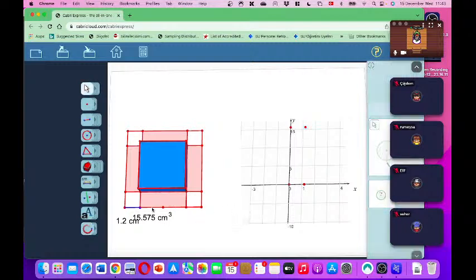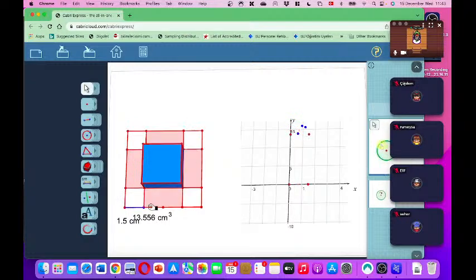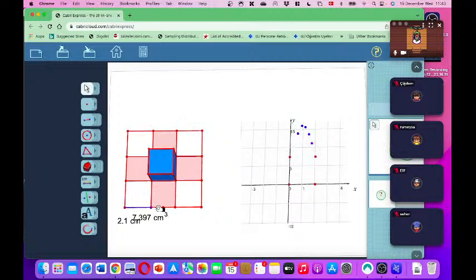That's what I mean. Changing this x, as I change the x, y also changes, and the point moves. As the point moves,